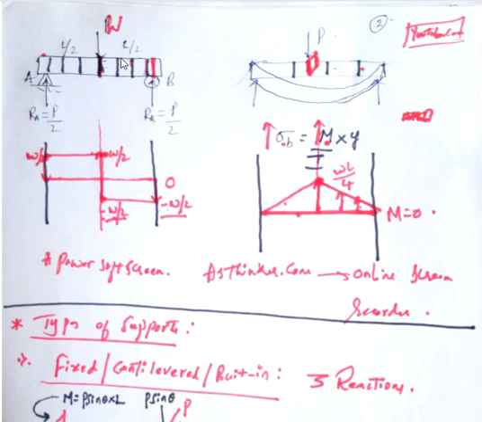Similarly, when I apply a load W, here I have taken it as P, but when I apply a load W, whatever bending moment is induced inside this beam, that bending moment is going to be different at different cross sections. It will be different at this cross section, and different bending moment at this cross section, and different bending moment at this cross section. Then next question is what to do.